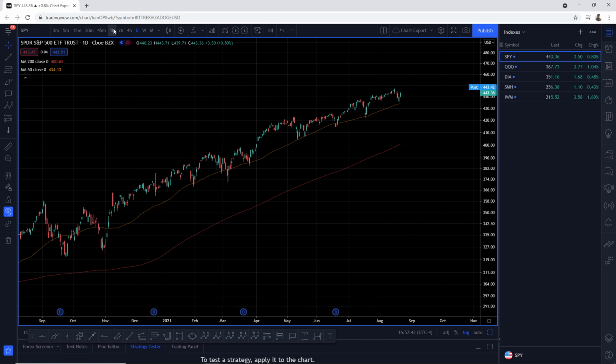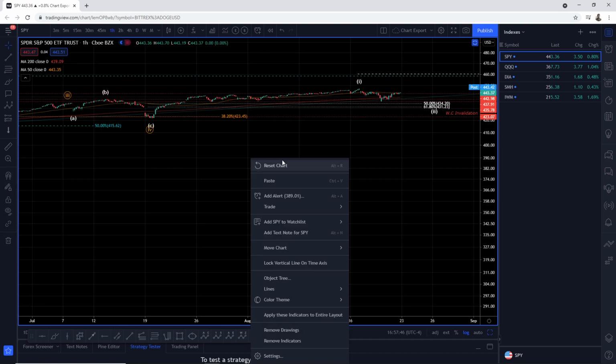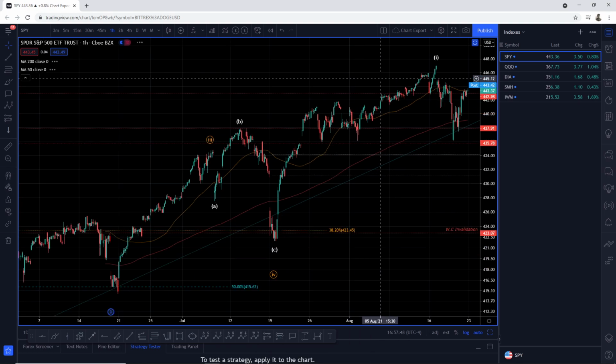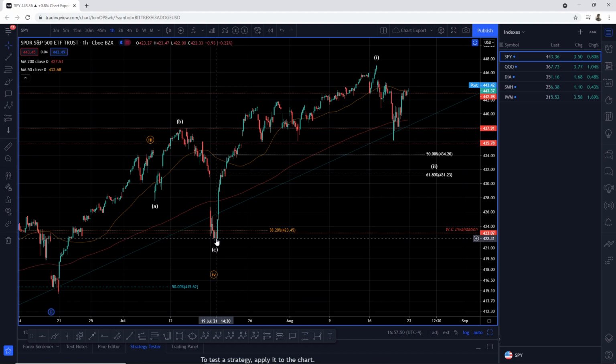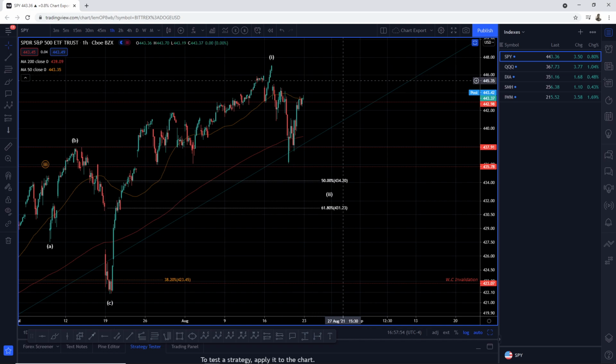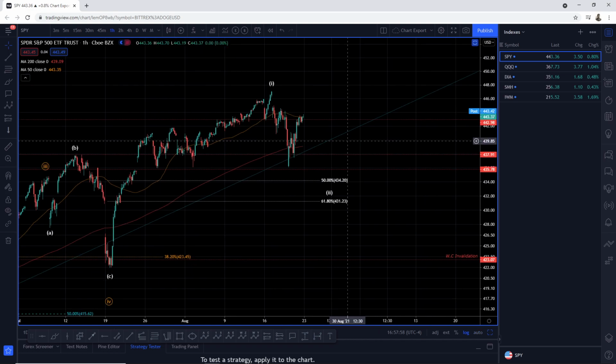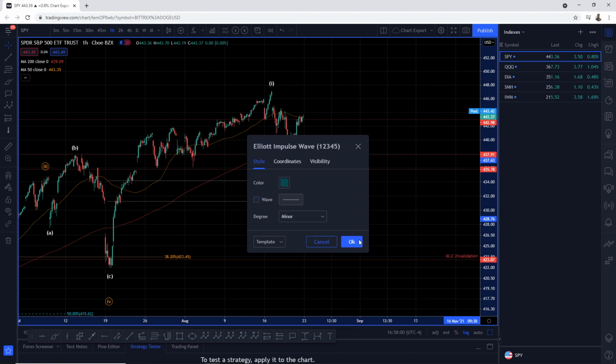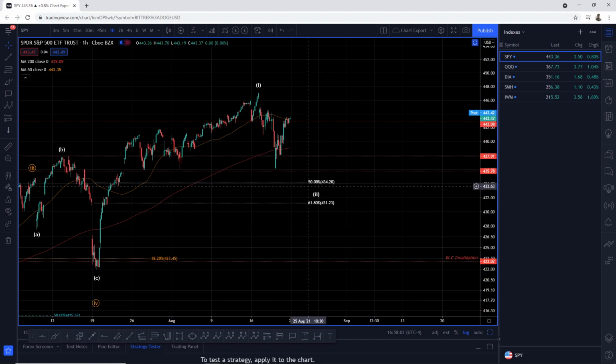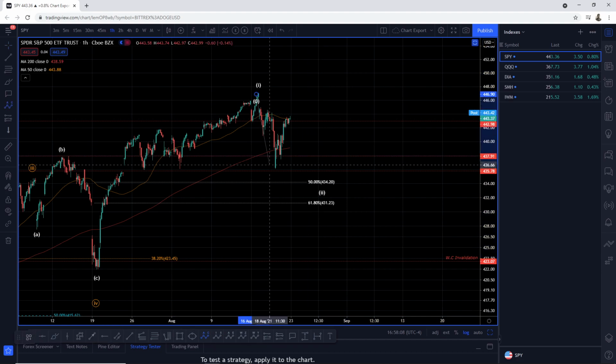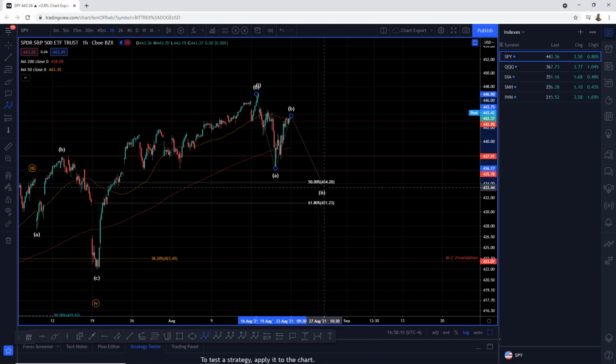Now, taking you guys down to the 1 hour time frame, where we are going to dissect and review our wave counts. From the July 19th low, we have 5 waves up into the wave 1 here. The way we're looking at this, guys, is in 2 ways. We have 2 interpretations. Interpretation number 1 is that wave 2 is still ongoing. And how would this wave count or labeling look? Let me show you. So down in A, up in B, down in C.